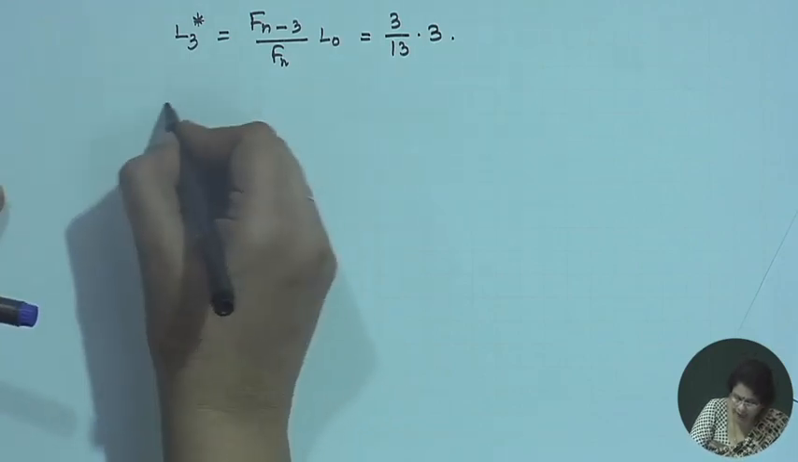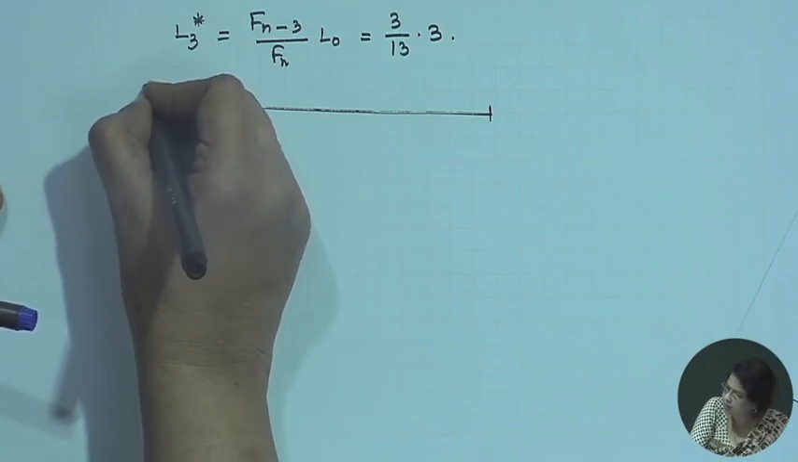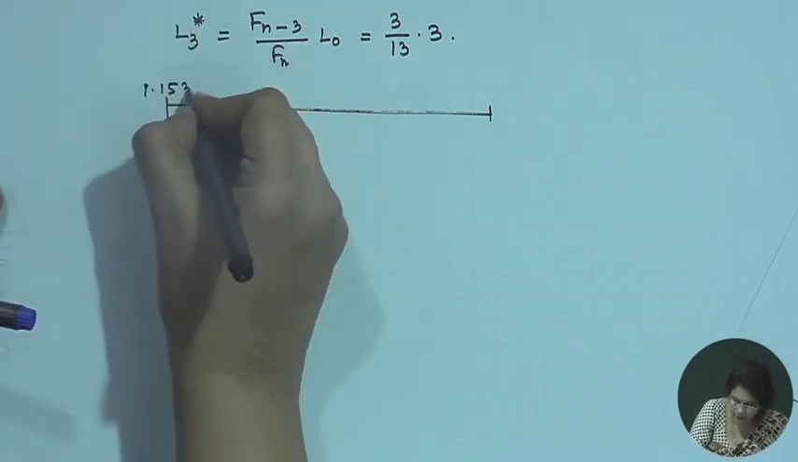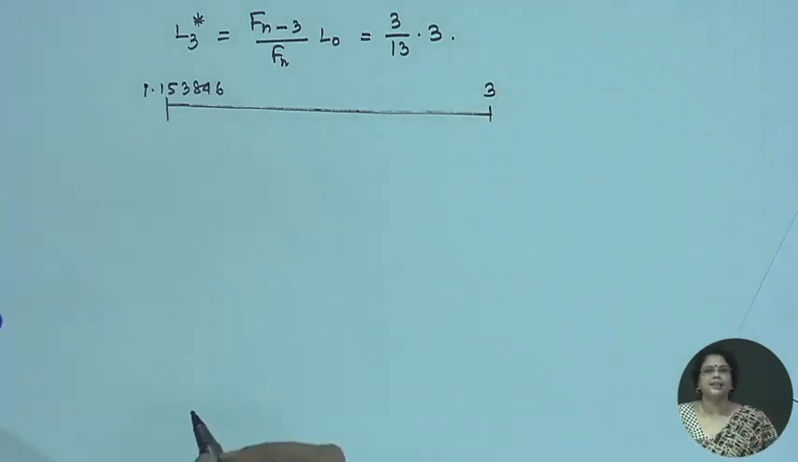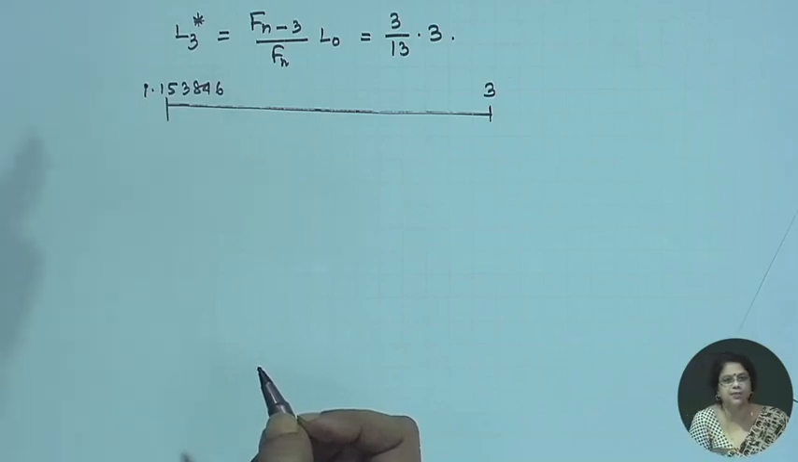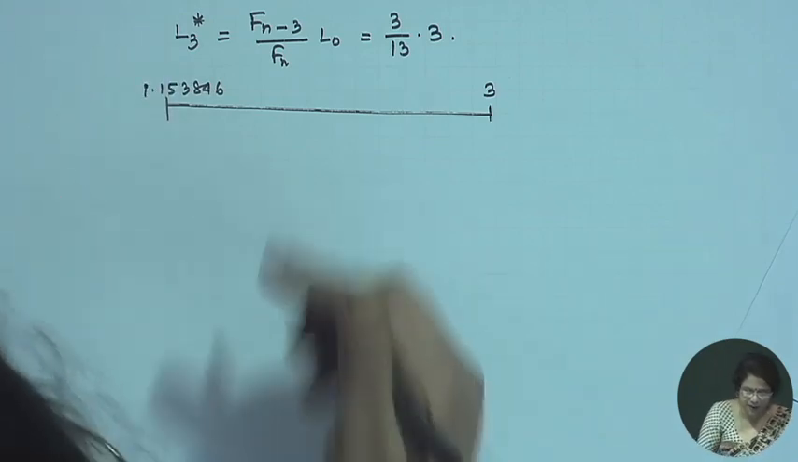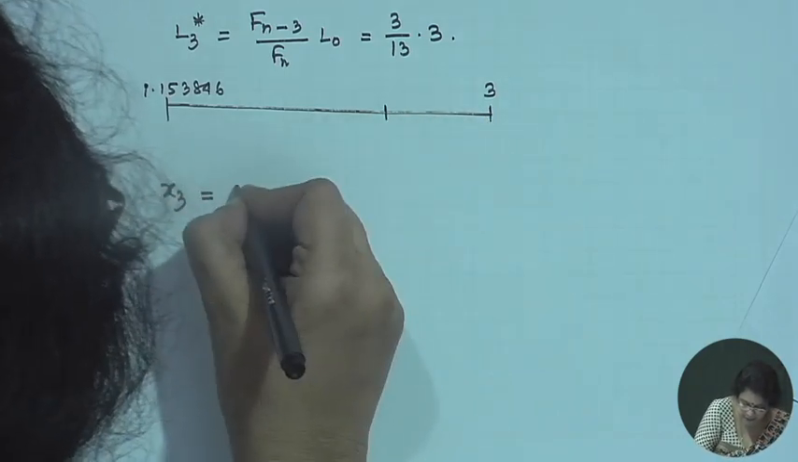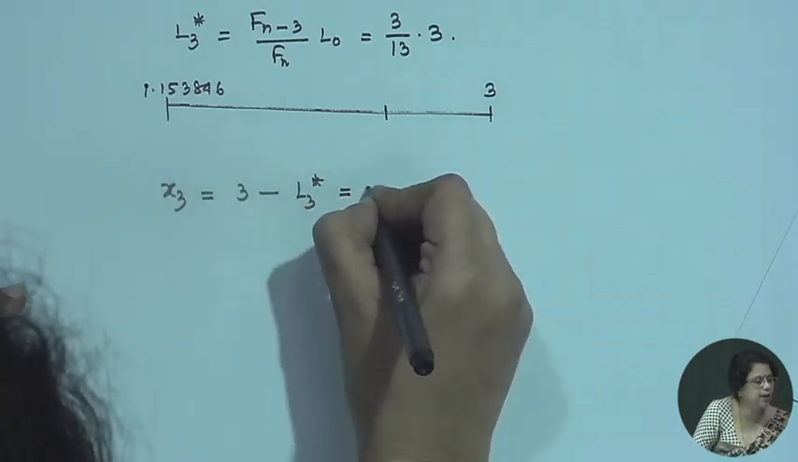And I am having 2 points here. One point is x2. What is the x2 value? 1.153846 and another 0.3. Okay, I have to take the third point in such a way that the current observations are L3 distant apart from both the ends. Very nicely I will see that this new value x3 will come as 3 minus L3 star. This value will come as